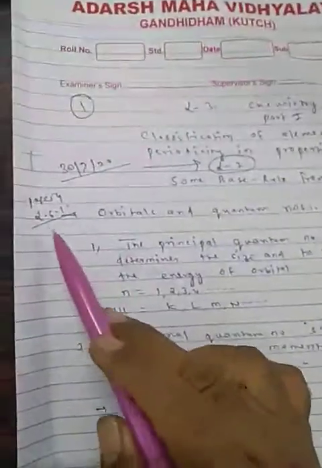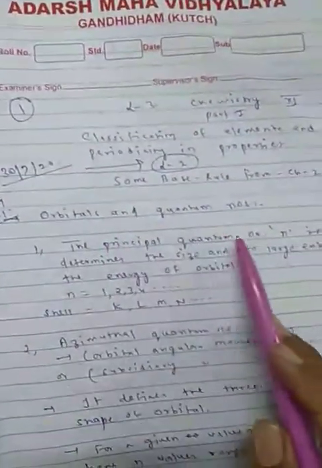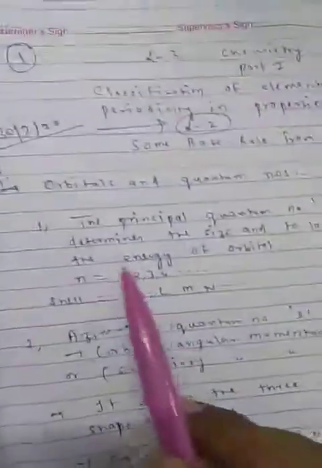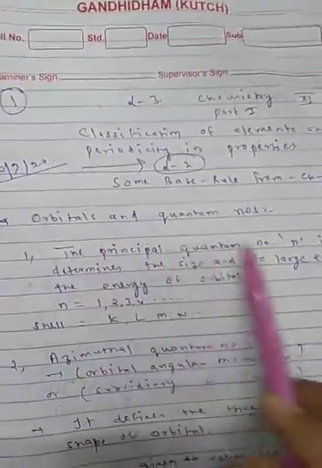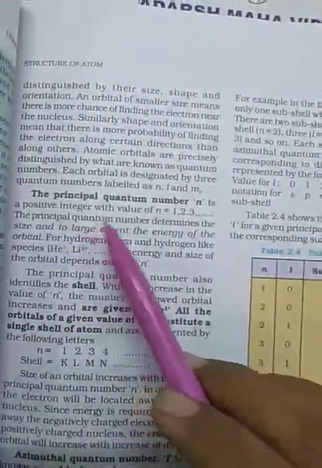These are the basics of the whole of chemistry, how the elements are getting classified. Before going to lesson number 3, you should learn lesson number 2. I am starting from the topic 2.6.1, orbitals and quantum numbers. What are orbitals? There are so many elements, so where do they have their own house? So orbitals and quantum numbers: first of all, they have the principal quantum number.